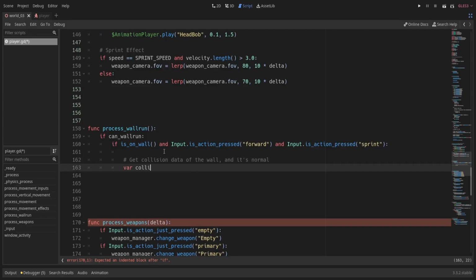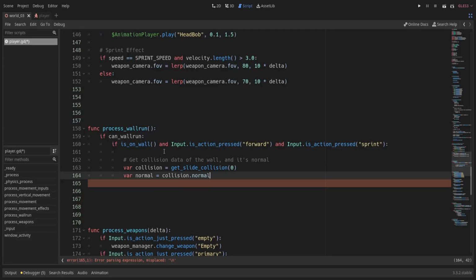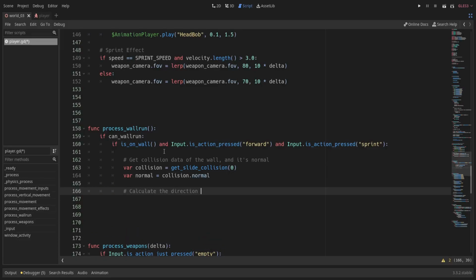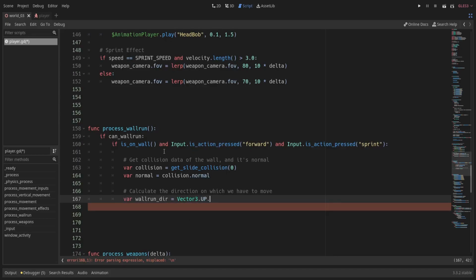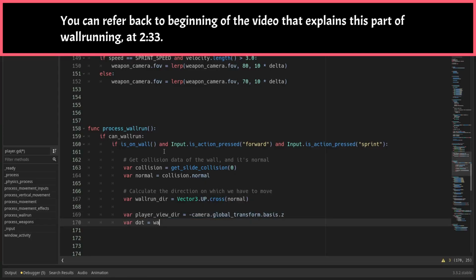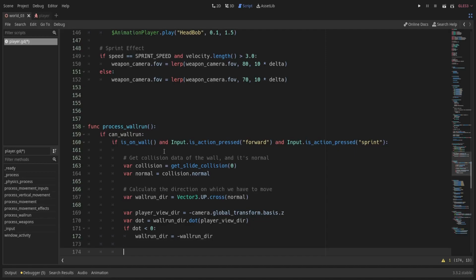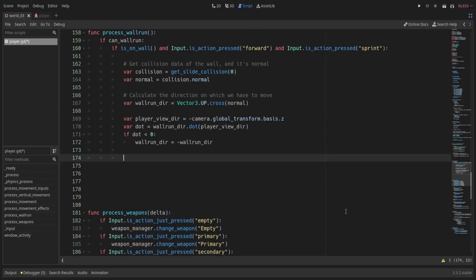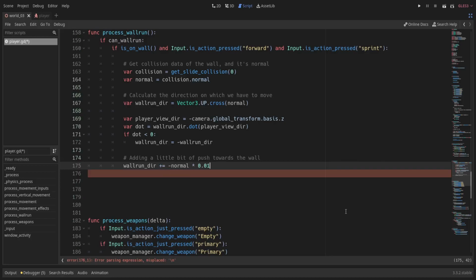We first get the collision data, then get normal vector out of that, calculate the wall run direction, apply a little push towards the wall,